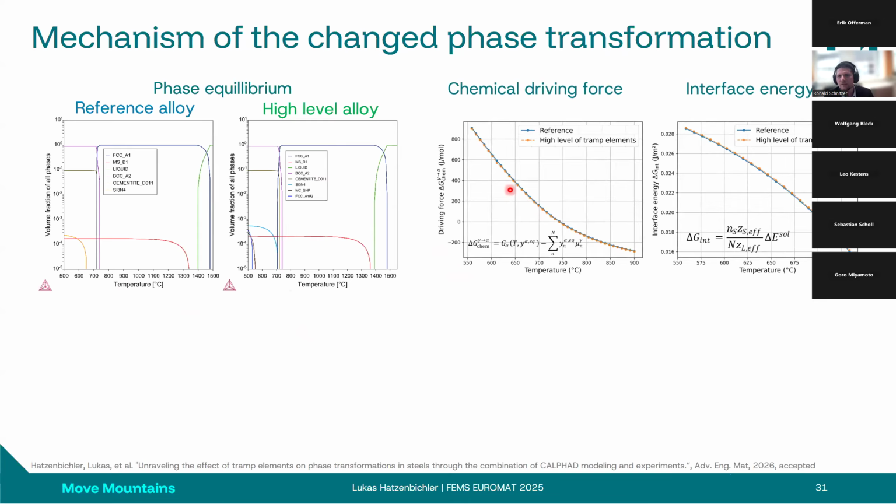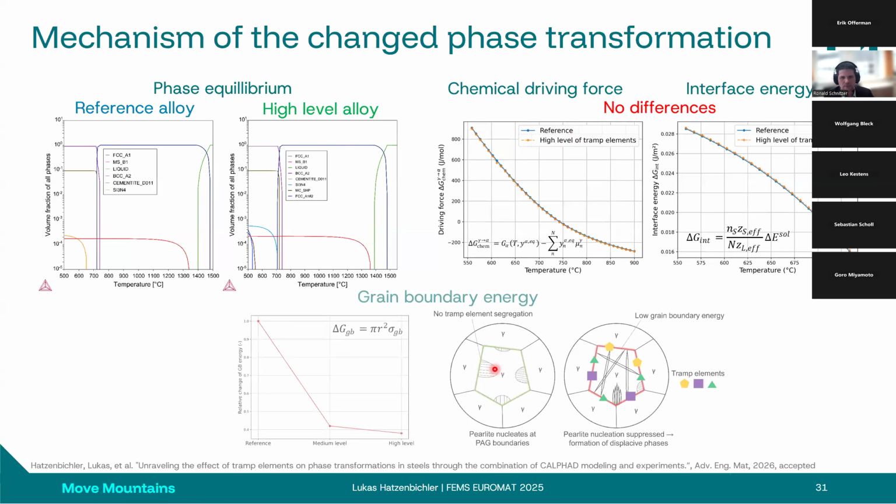When one has a closer look at the chemical driving force, which is shown here depending on the temperature, again for the reference and the high tramp element alloy, you will see that there is no difference. The same is true for the interface energy, where one can see that one cannot really do the calculations appropriately for the phase transformation temperatures for